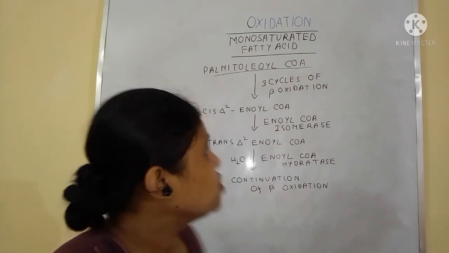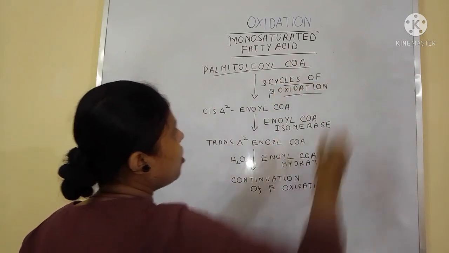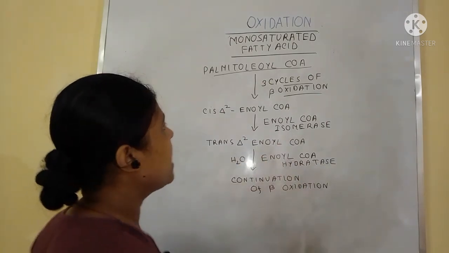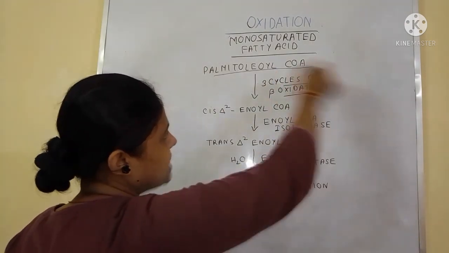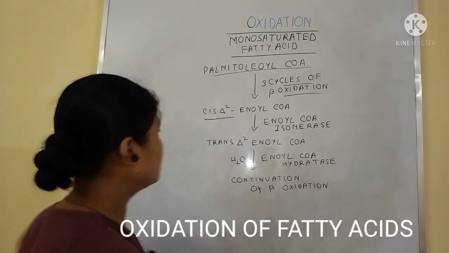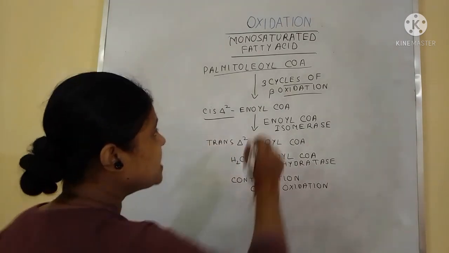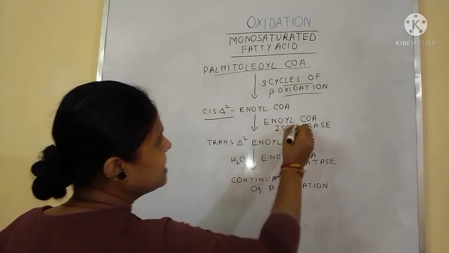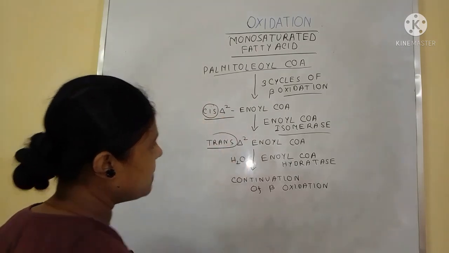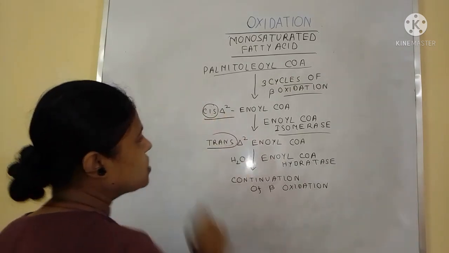Here, in this case, 3 cycles of beta oxidation occur. After completion of the 3 cycles, cis delta 3 enoyl CoA is formed. In presence of enoyl CoA isomerase, the cis form changes to trans form. That is, cis delta 3 changes to trans delta 2